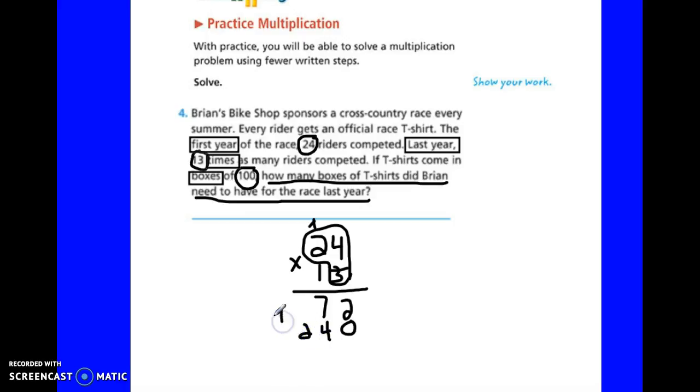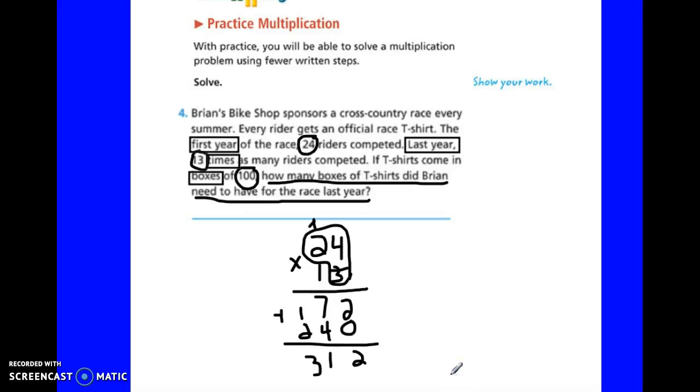Add these together, and I'll get 2, 7, 8, 9, 10, 11, and 3. So 312,